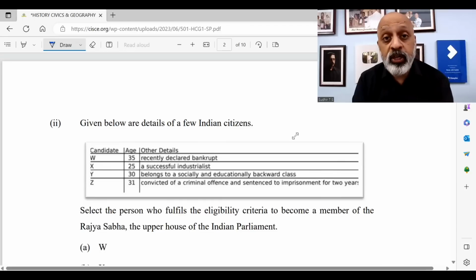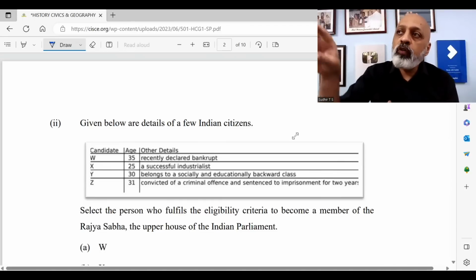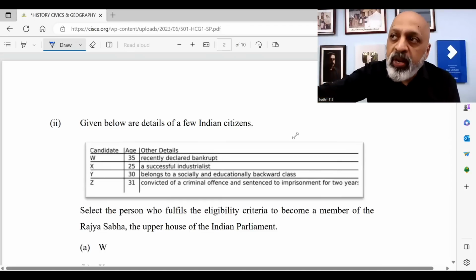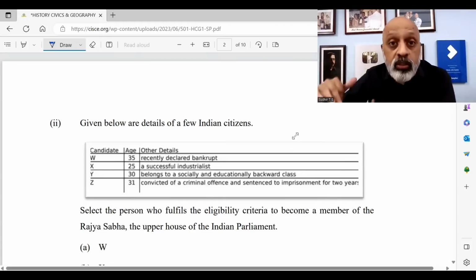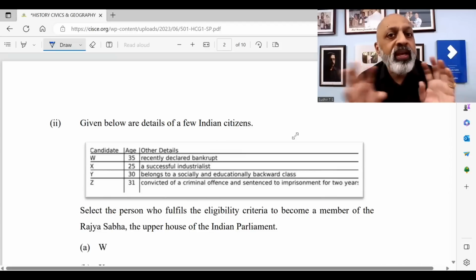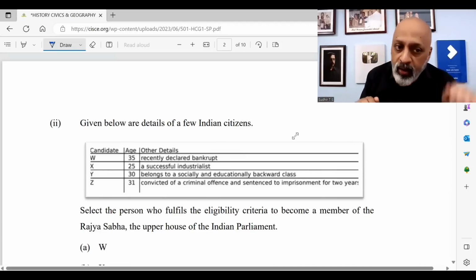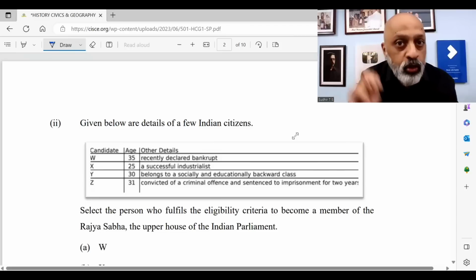आपके सीनियर से कैसे पूछे गए थे? Which of these is a prerequisite to become a member of the Rajya Sabha, or which of these is not a qualification needed for the Rajya Sabha? Us tarah ke, which were pretty easy and straightforward. Now you will have to apply your mind. Now you have to apply your mind on two counts.